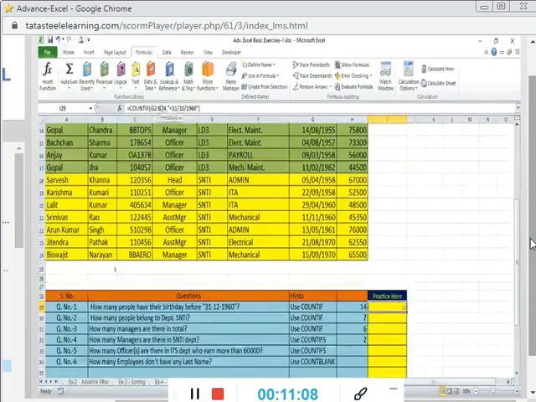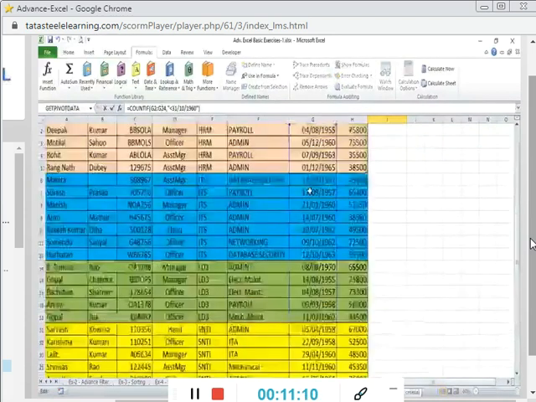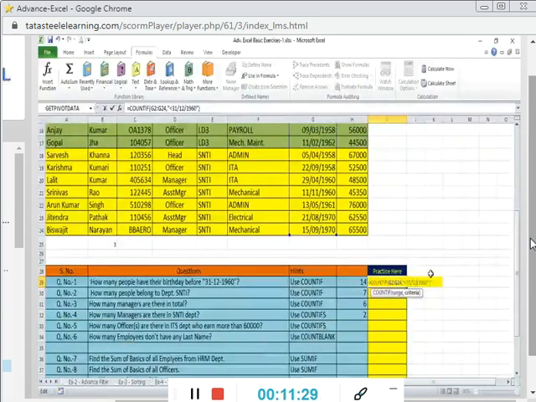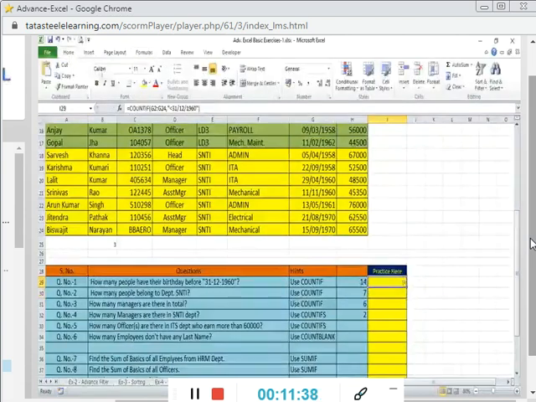So COUNTIF this range, select this range, look at this range, how many dates are there before 31st of. I have mistaken in the date, that is why it is different from this result. So instead of 10, we will have to write here 12 and look at this result. This is matching with your given result. So count is 14. Count is 14. Right?